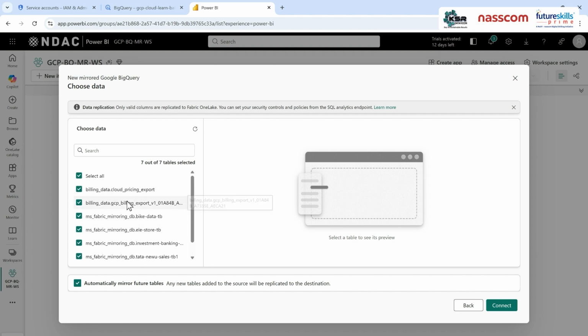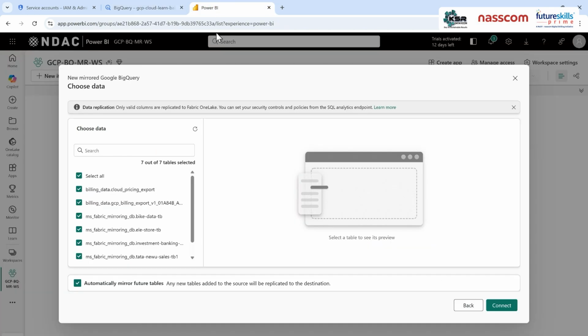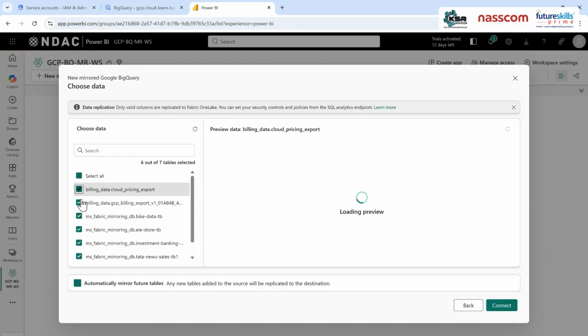So one, two, seven tables. There is no need to count here already. So how seven tables? Here if you come to the Google BigQuery, under this we have five tables. Under this dataset we have two tables. But my objective is I need to mirror these five tables only. For this, what you need to do, go to the Fabric window and just unselect these two, unselect these default tables,